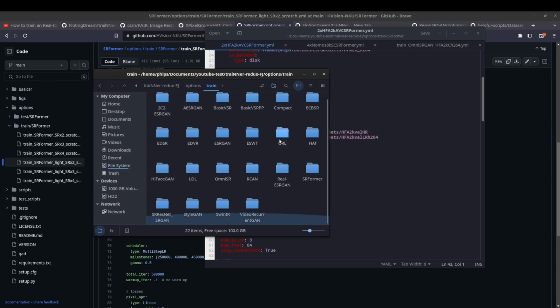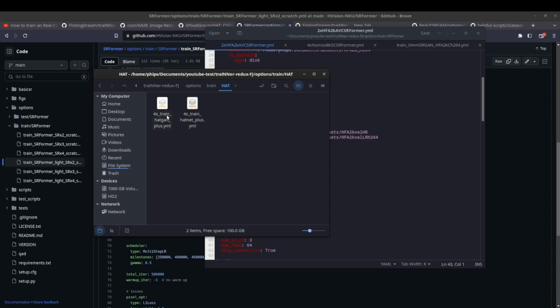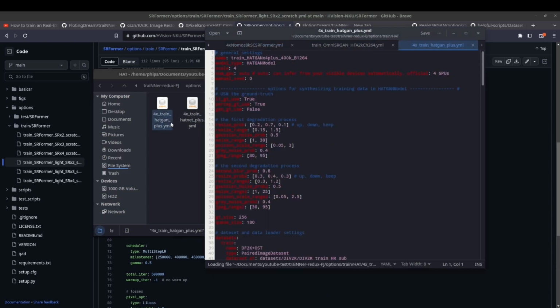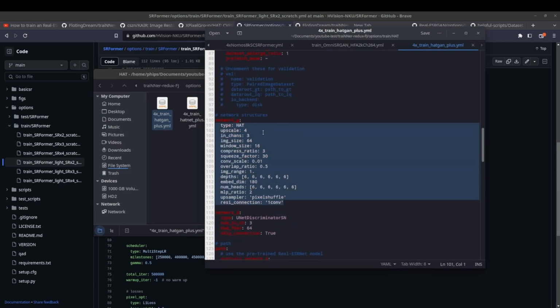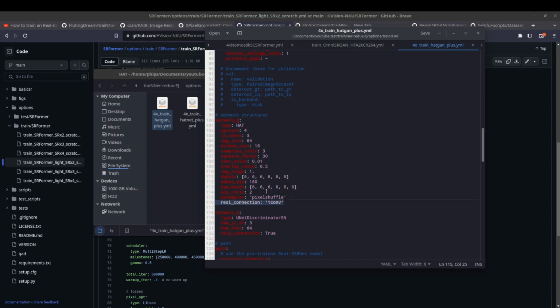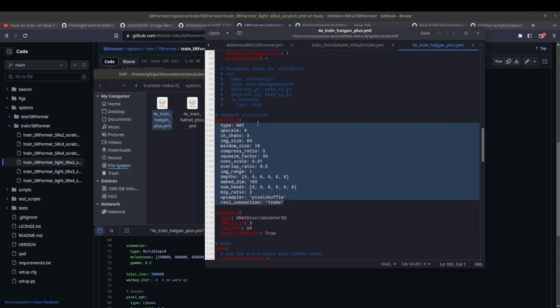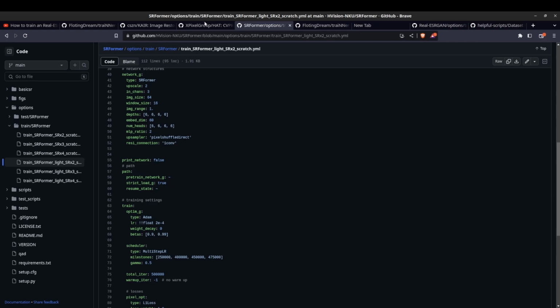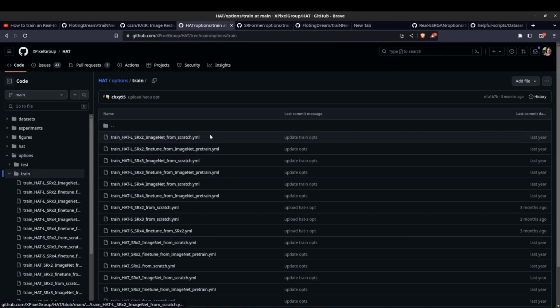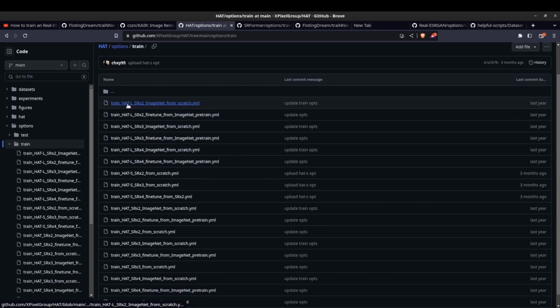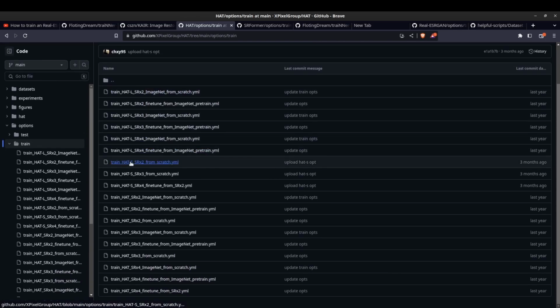with the provided ones. So if we go to like head, for example, you can see there's one head gan config with only one config setting. And so I don't know out of my head if this is a head small model or a head large model or a head medium model. So I would myself need to go to head, do the same thing, go to options, train, and then you can see here there's the hot large, the hot small,